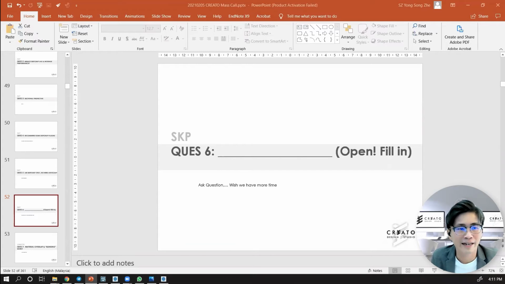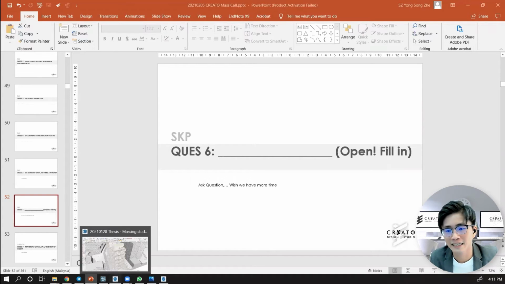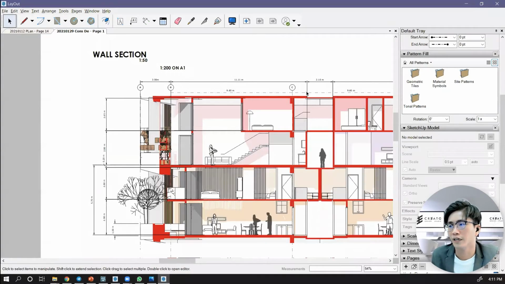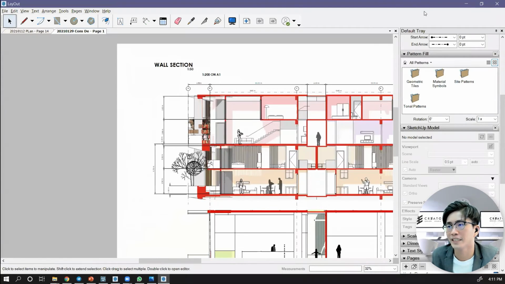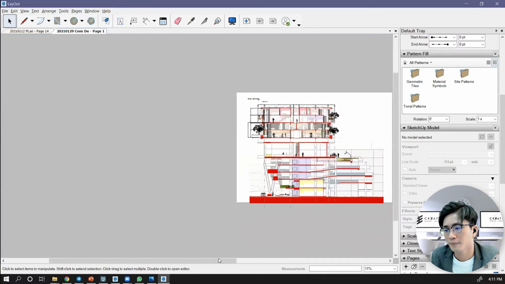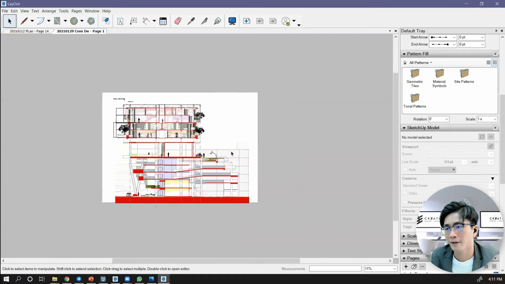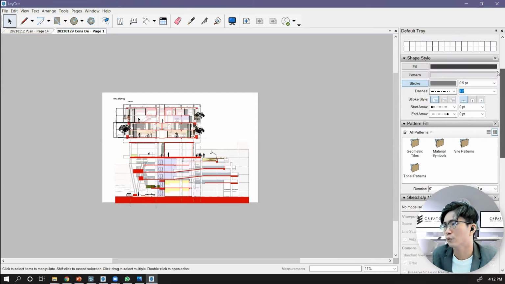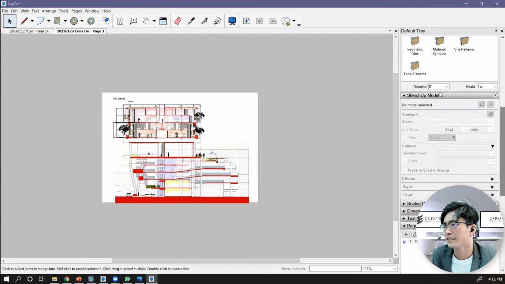Yes, SketchUp and layout can be linked easily. Okay, the details maybe, okay. Once I have changed something in my SketchUp, I save it, file, save. And then in my layout, I can go to pick my model. Okay, pick my model first. Okay, I pick my model, and then I go to SketchUp model tab here. Then you can hit this refresh button, and then it links in updates.